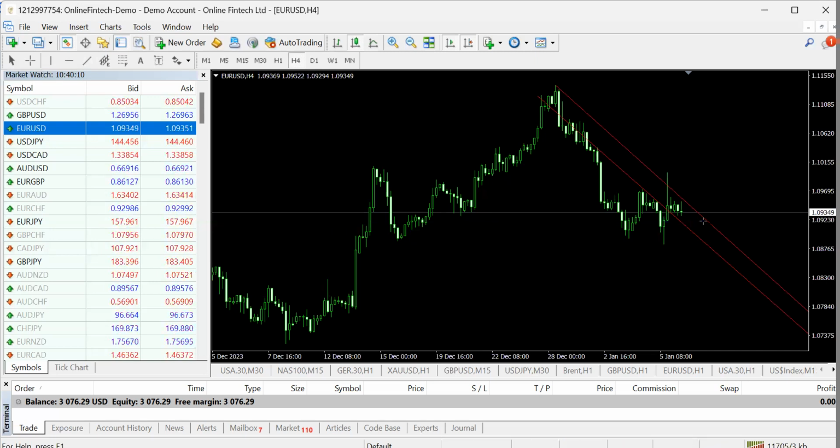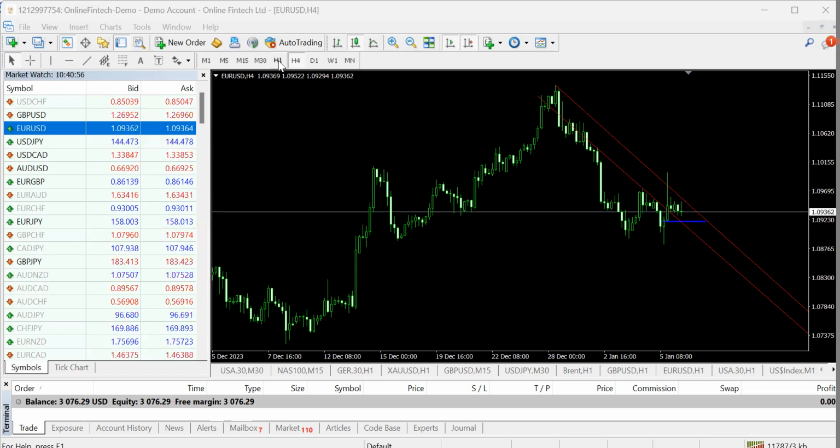The support and the resistance level. So after we identify this level,